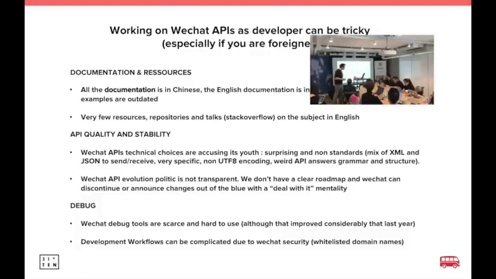The second point is the evolution of the API. That's the frustrating aspect, as said by lots of professionals using the WeChat API: we don't have a clear roadmap. We don't know what they want to do, what they planned, or what functionality they're going to discontinue.